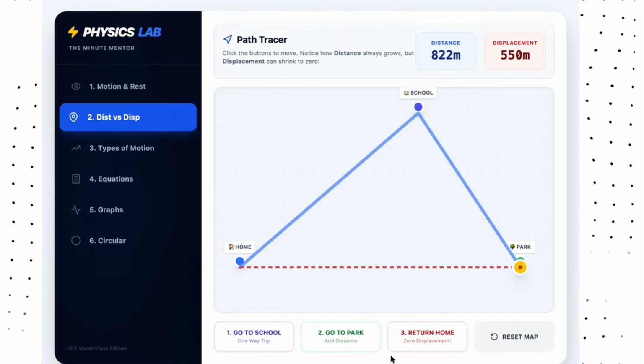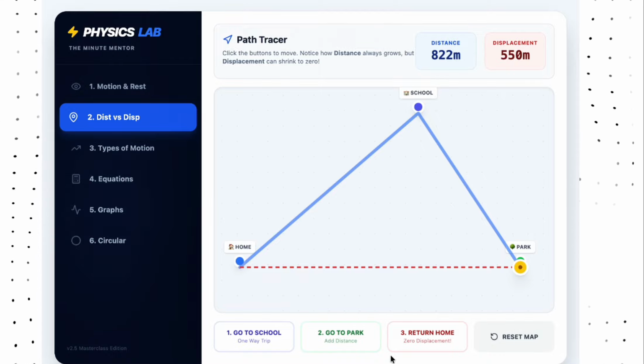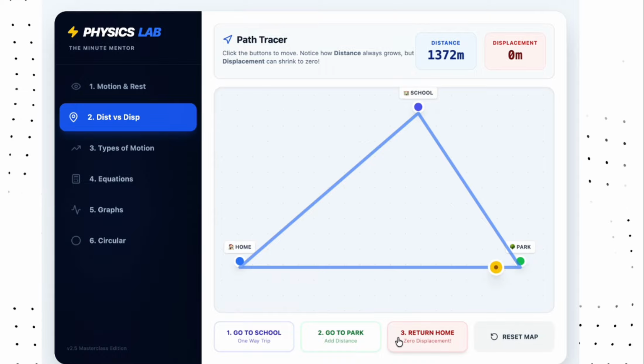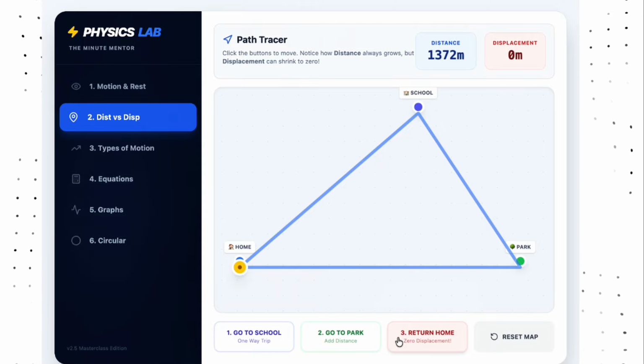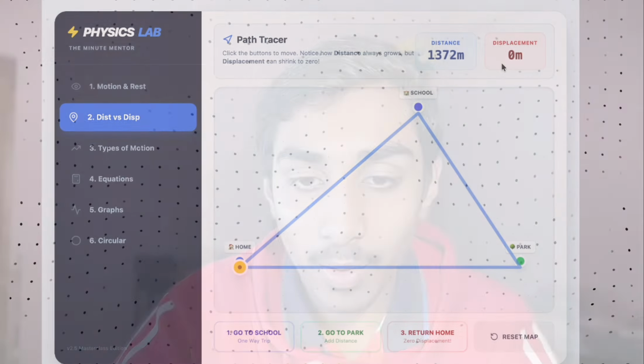And one very good example of a vector quantity is displacement. So when you come back home, you actually traveled 0 meters as per displacement. You can see that in the red box right there. But why? Because as I said, displacement is a vector quantity. It cares about where you started and where you ended, nothing else. And it cares a lot about the direction, unlike distance. So in the eyes of physics, you actually moved nowhere.